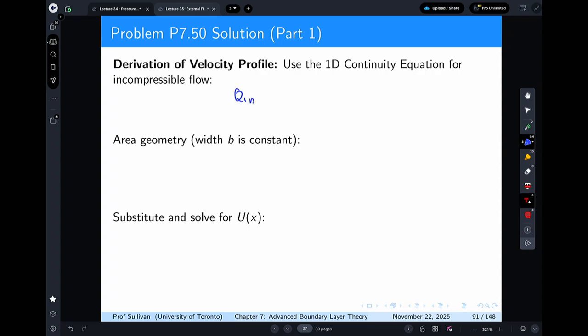So you have Qn equals Qx at whatever position: U0 An equals Ux Ax. An equals width times B. Ax equals width plus 2x